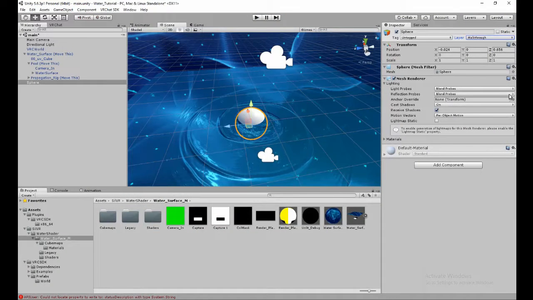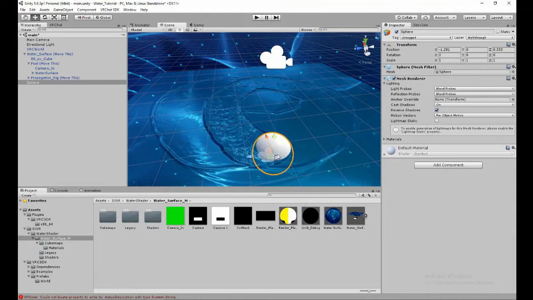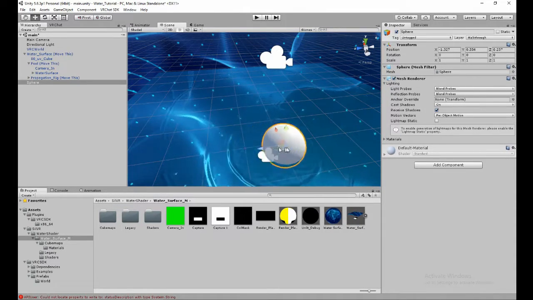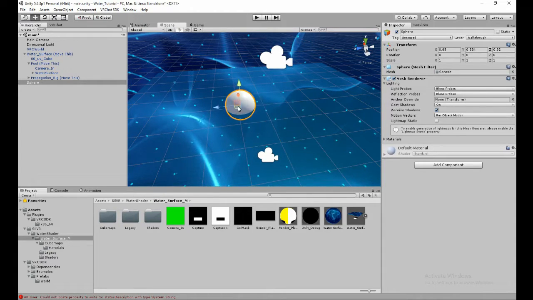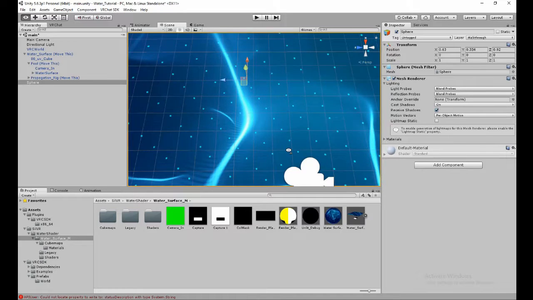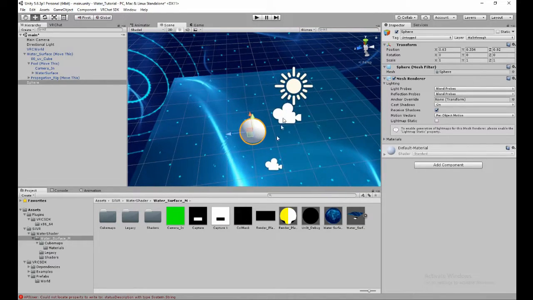Don't want documentation in Unity. So now I've removed the mesh collider and it still works. The only thing with spheres particularly is the bottoms won't interact, because when you view it from the top down, you can't see it. So the way to fix that is to, instead of using this sphere, create a sphere in Blender,